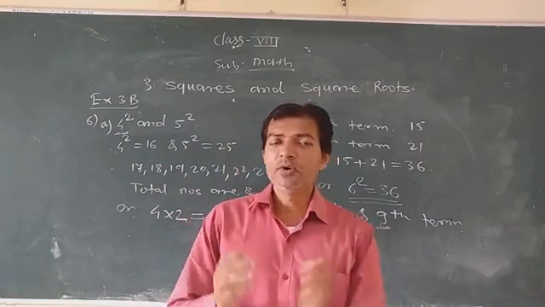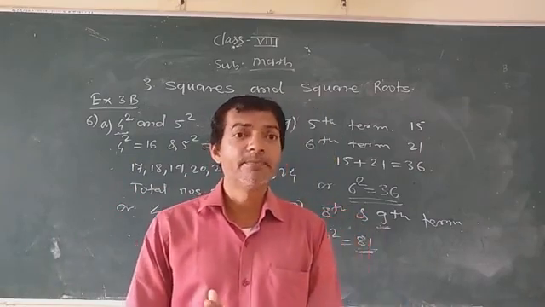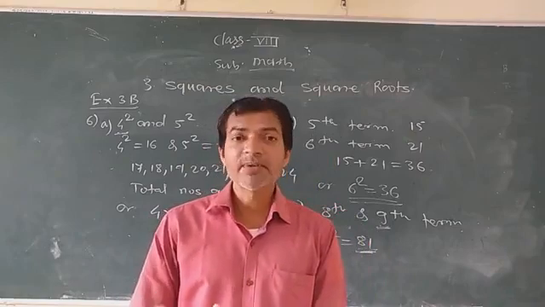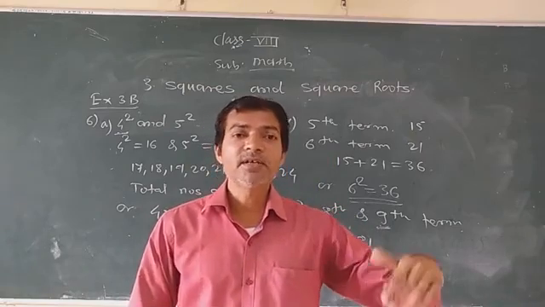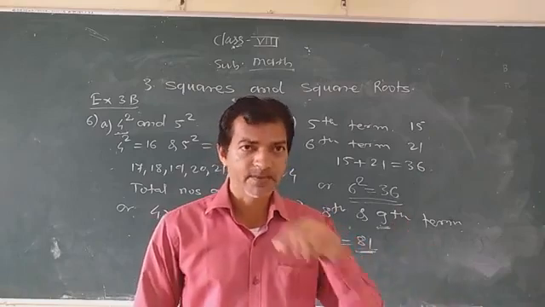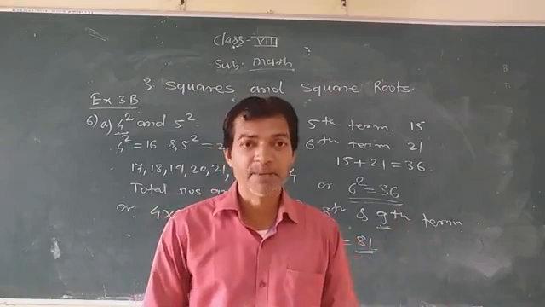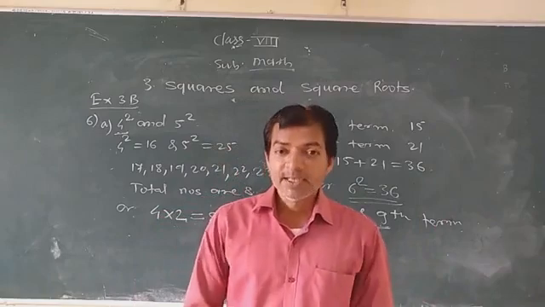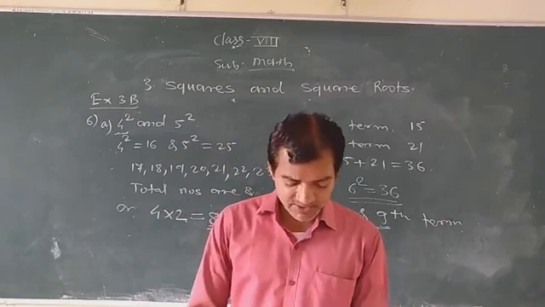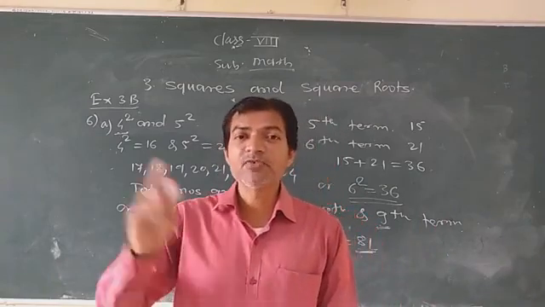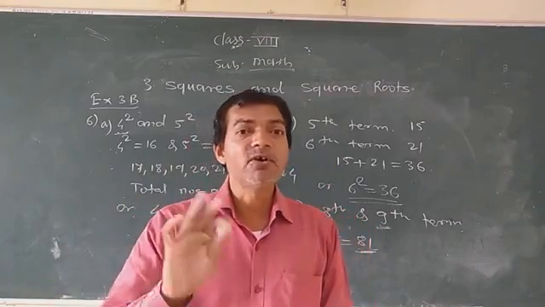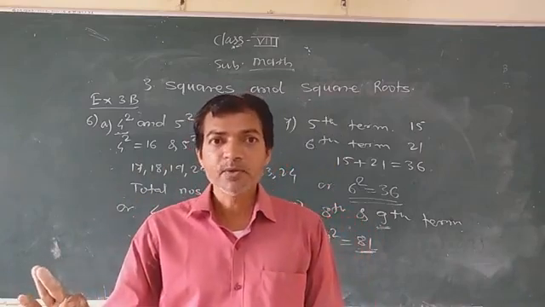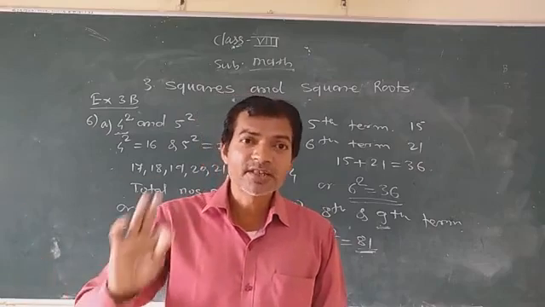We need not use that formula here, 2m, m square minus 1, m square plus 1. That is for a different example. The question is only this: 3 numbers are given, 4, 5 and 6, and the question is whether 4, 5 and 6 are a Pythagorean triplet or not.